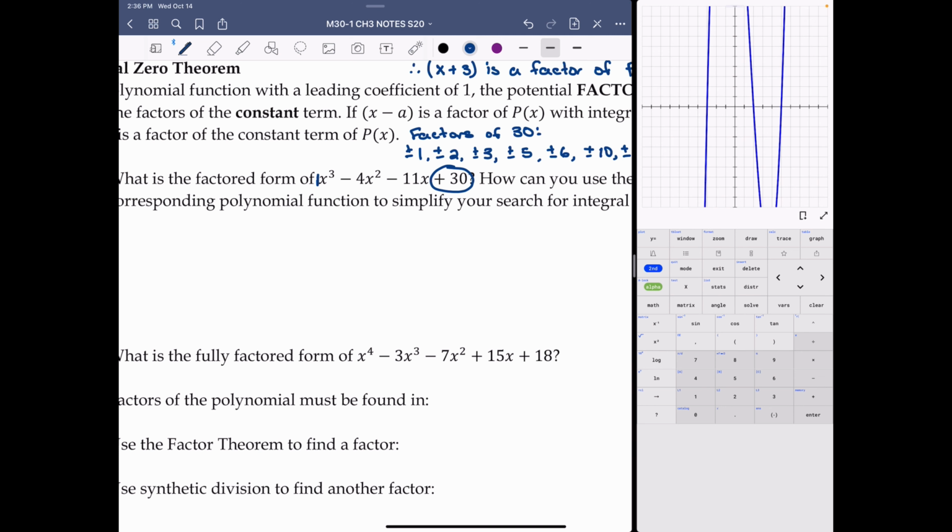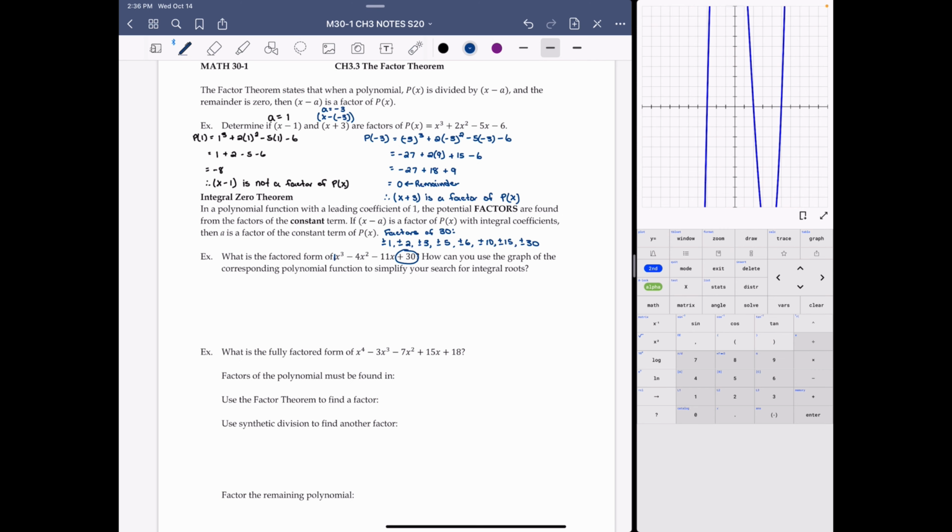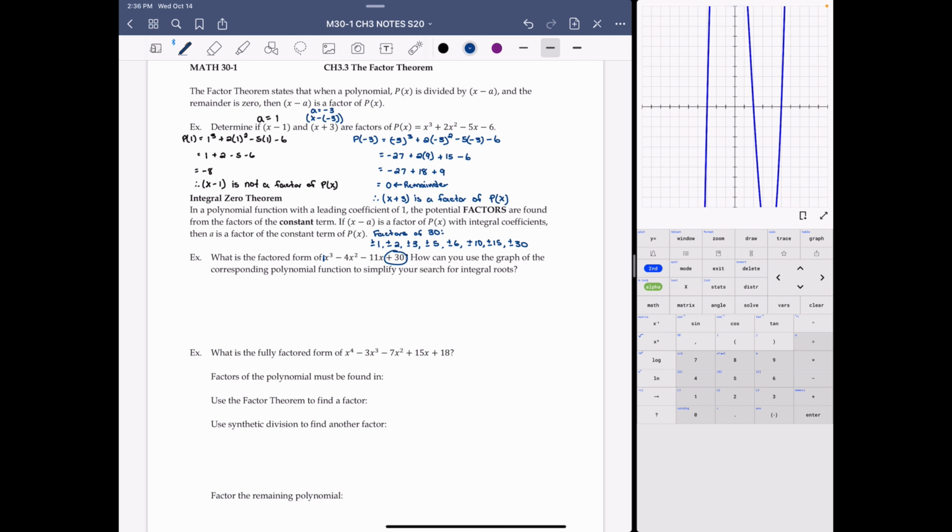So when we get a remainder of 0 using the factor theorem, so we plug in our a value and we get a remainder of 0, that means that the function is equal to 0 at that x value, so that's an x-intercept. So to narrow down our search, instead of testing all of these possible factors, which would be a lot, we can look at our graph and find even just one x-intercept is all we need. So find one x-intercept